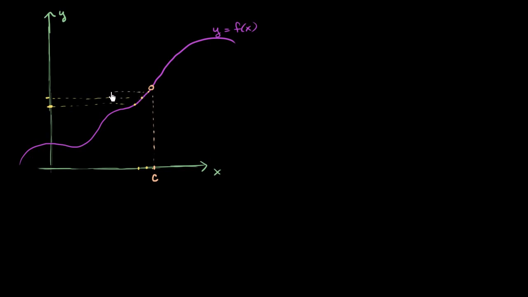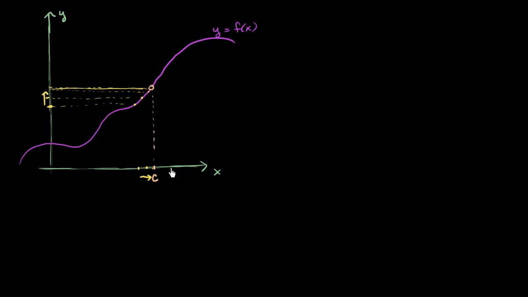is right over here. And the way we see it, as x gets closer and closer to c, it looks like our f of x is getting closer and closer to some value. It's getting closer and closer to some value right over there. I'll even draw it with a more solid line. And that was actually only the case when x was getting closer to c from the left, from values of x less than c. But what happens as we get closer and closer to c from values of x